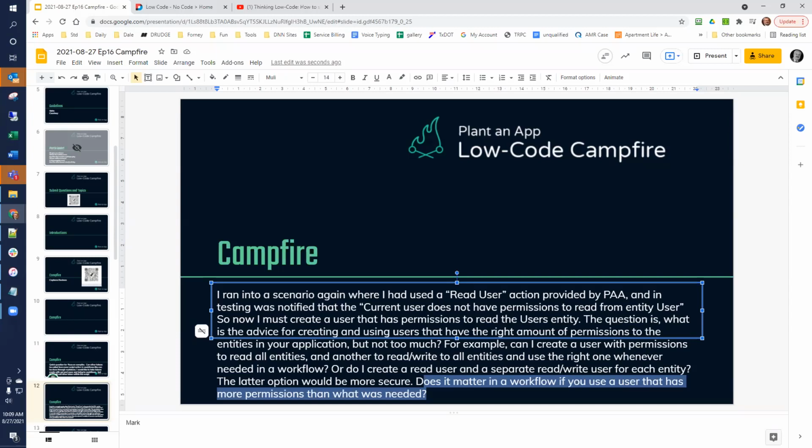But if you're working within a form or something like that, it's a good idea to do the load user, save your current user to a variable or token, and then reload that user back into the context after you've done the action that you need the elevated user for. But within a workflow, it's within that scope, so it's okay to let that go.